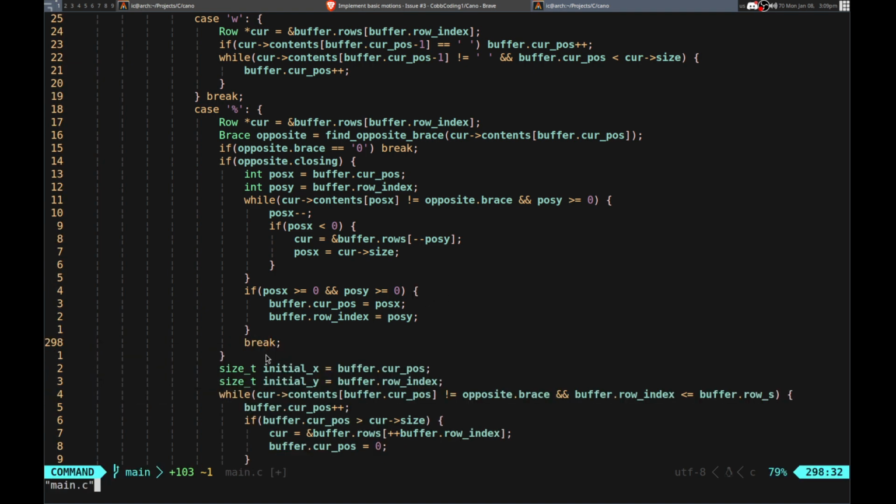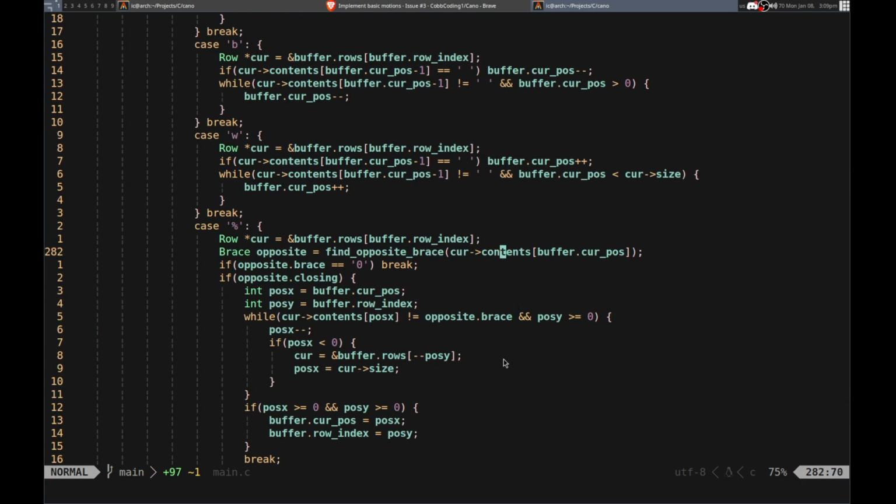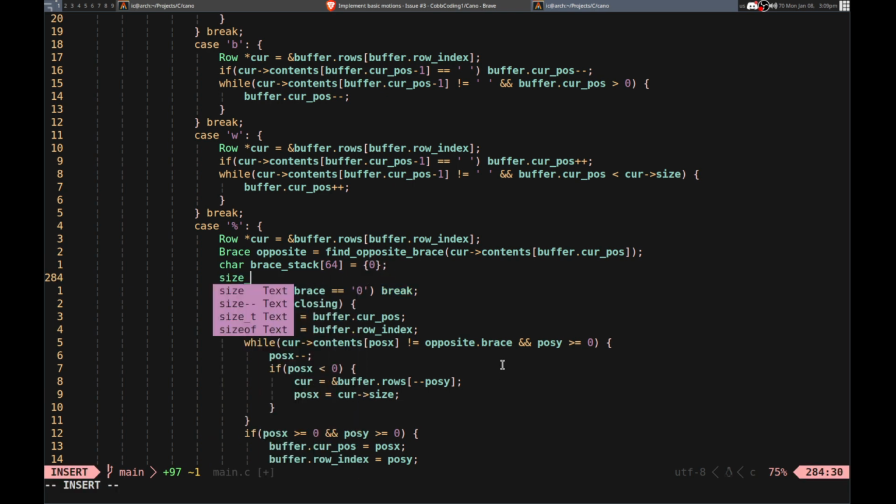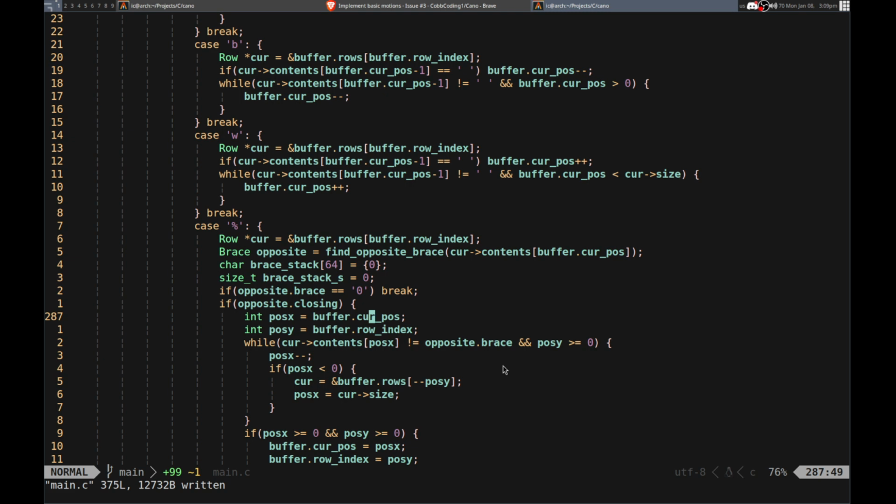I don't need this. I'll come back to that, but first I want to start this stack. So I need a brace stack, which should probably just be that. Brace stack. It needs to be an array of these, or whatever, and initialize. And then I'll probably separate that into a structure, but not yet. Then I'll just push to it as we encounter it. So if it is an opening one,